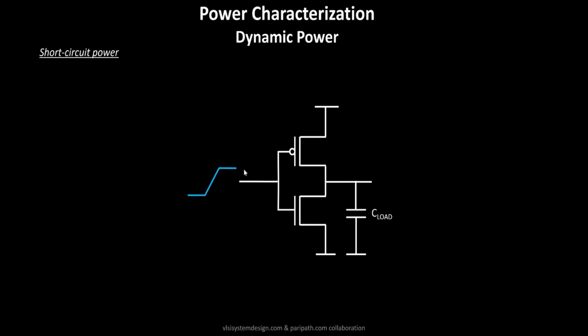Similarly, whenever your input is at logic 1, your gate is at 1.8 volts, and the source is also at 1.8 volts. So your VGS is exactly equal to 0, and hence it doesn't cross the threshold voltage of the PMOS transistor. That's why the PMOS turns off. On the contrary, when the gate is at VDD, logic 1 or 1.8 volts, and the source is at ground, the gate to source voltage is 1.8 volts, which crosses the threshold voltage of your NMOS transistor. That makes the NMOS turn on, and that's why it conducts.